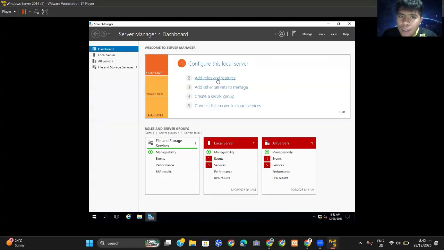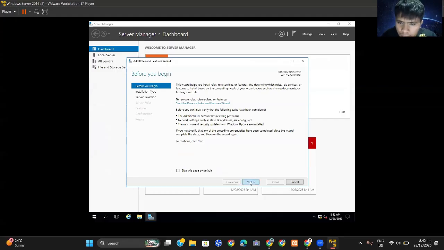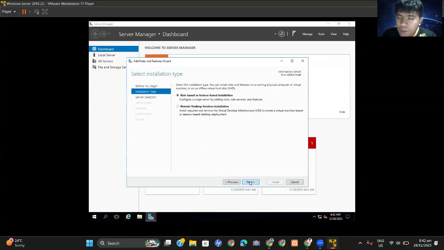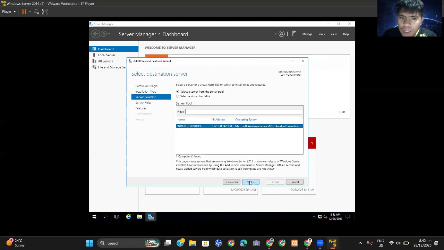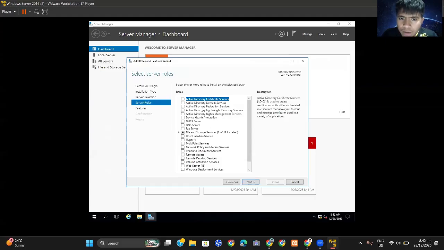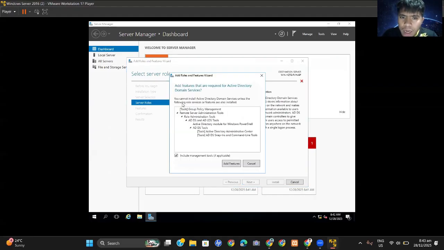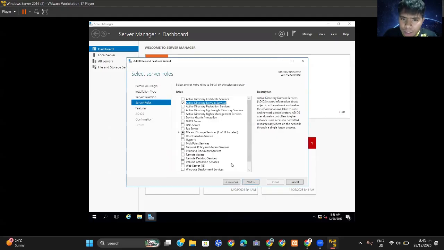So now let's add the roles here. Just click next. Choose role-based or feature-based installation. Then click next again. As you can see, there are lots of roles, but we need to choose ADDS, Active Directory Domain Services. Once there is a modal here, just add features so we can install the Active Directory Domain Services.